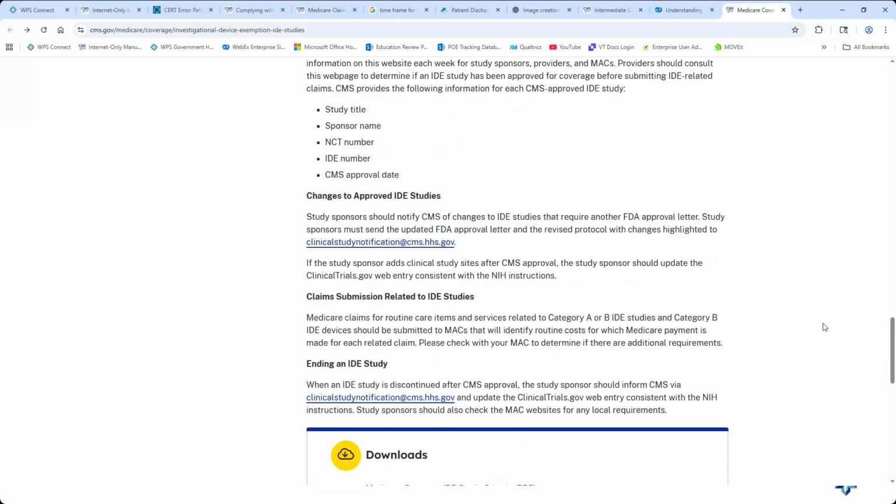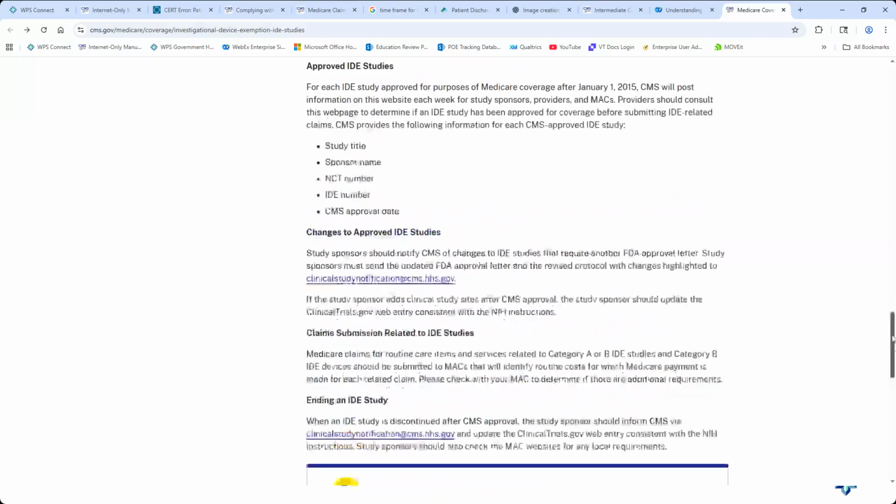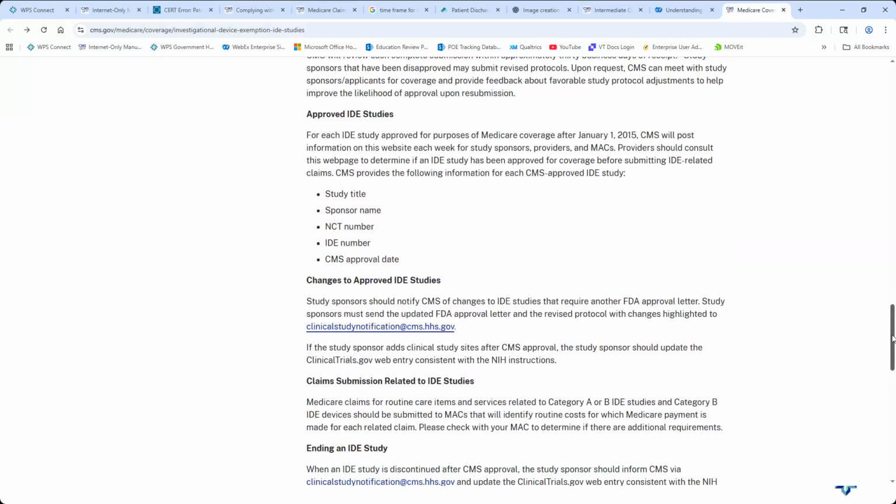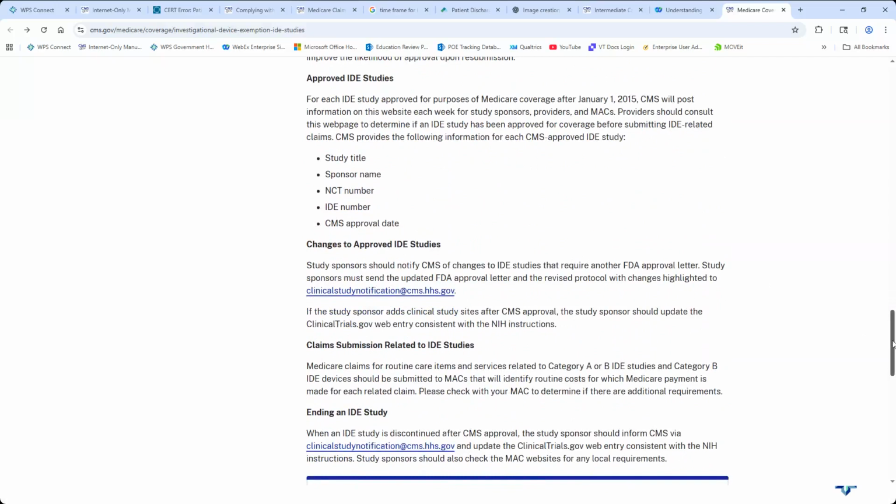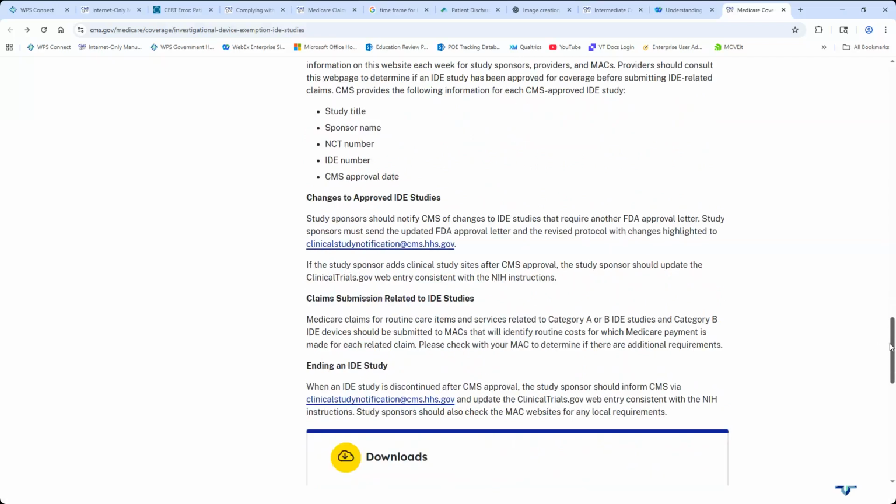Even if you are familiar with sending these requests already, it's always a good idea to go back and refresh yourself with what some of those requirements are, to make sure there hasn't been any changes to that checklist, and to make sure you're submitting everything so you can get approval, hopefully on your first request. So a couple of things that you should note also.